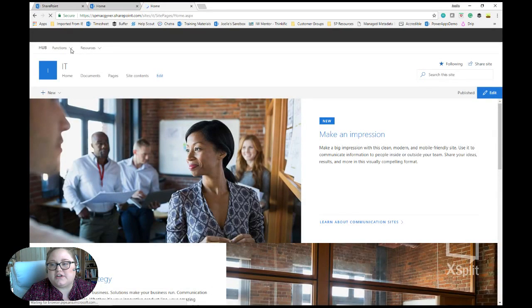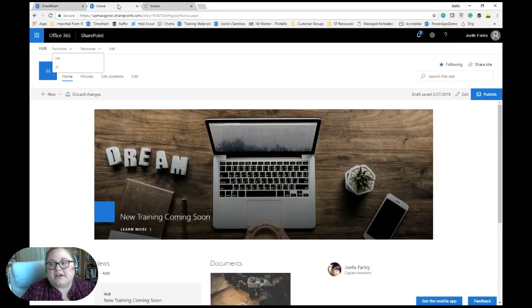Let's see if it shows it now. I'm curious. Nope, still not yet. Okay, we'll come back to that. So as you can see, though, that's the general idea with the navigation, is that once you connect it in,